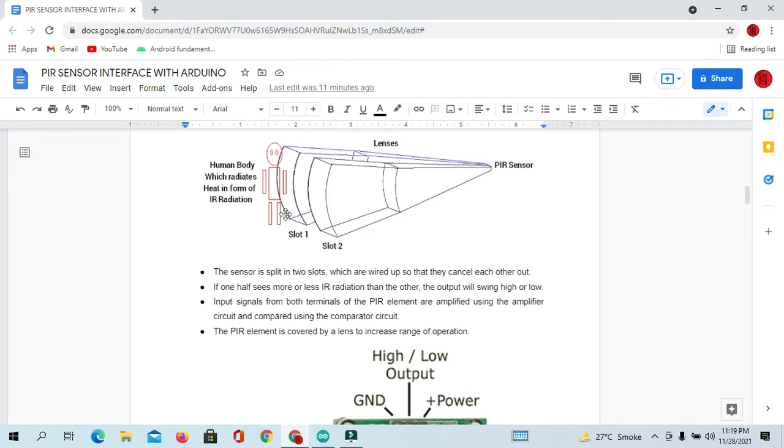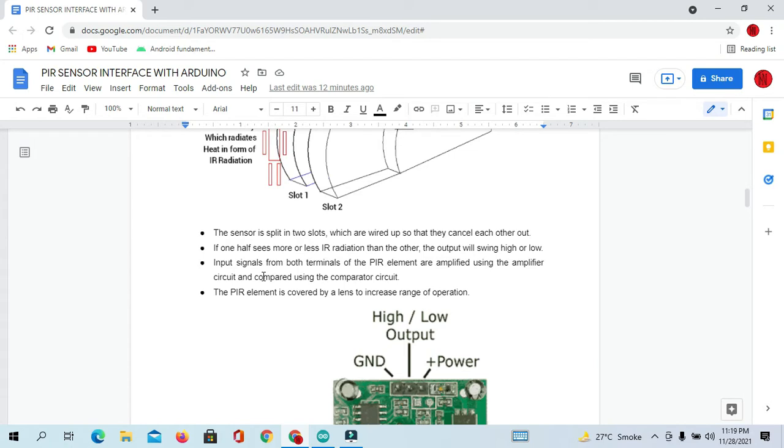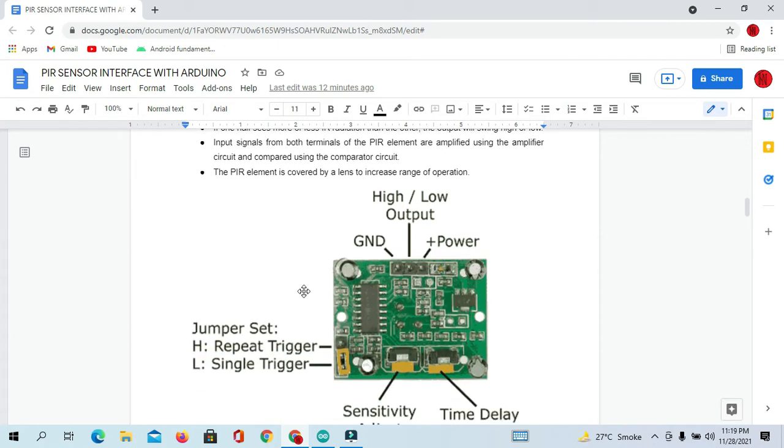After that, when you come ahead, this slot will give the high voltage. So it just detects the movement from one slot to the other. Input signals from both terminals of the PIR element are amplified by an amplifier circuit.